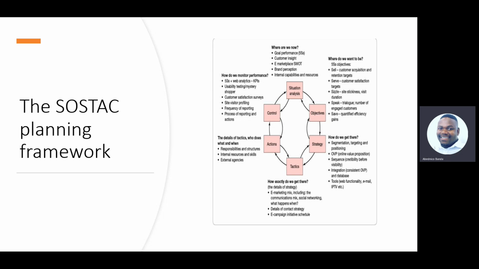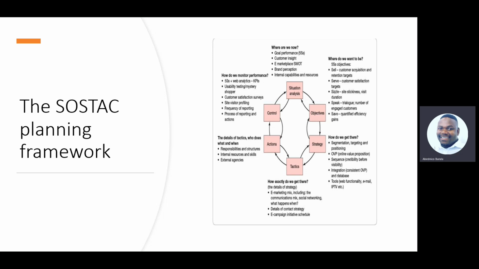So you use the key performance indicators, you use metrics such as customer satisfaction surveys, you look at site visitor profiling, frequency of reporting, and so on. And it becomes a cycle, it doesn't end there. If you do not actually achieve your strategy, you then do strategy formulation that we spoke about in lesson 49. But this is how you use SOSTAC